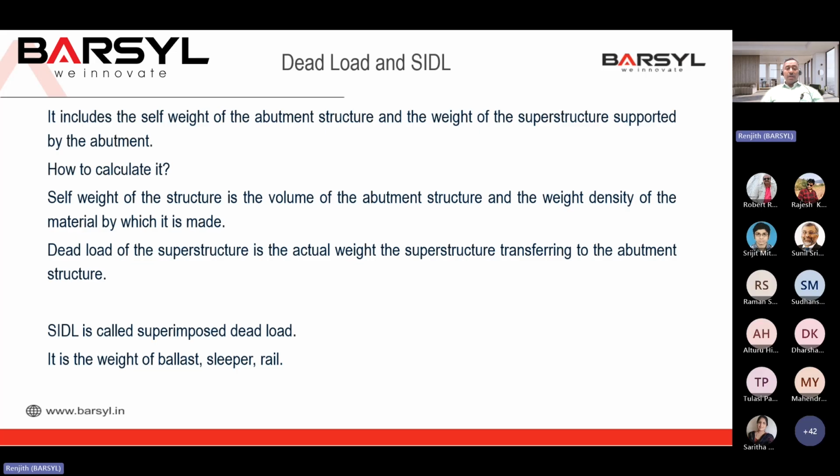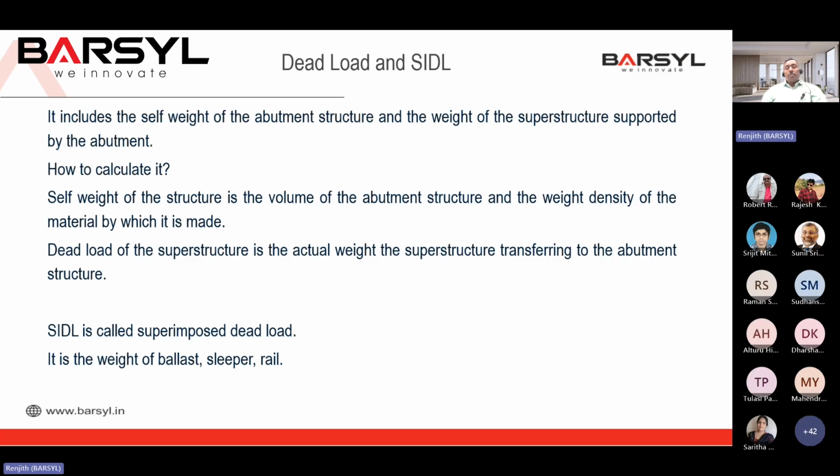So, dead load and SIDL. Dead load is the self weight of the structure and the self weight of the superstructure. That is actually the dead load to be considered for the design of an abutment structure. SIDL is the